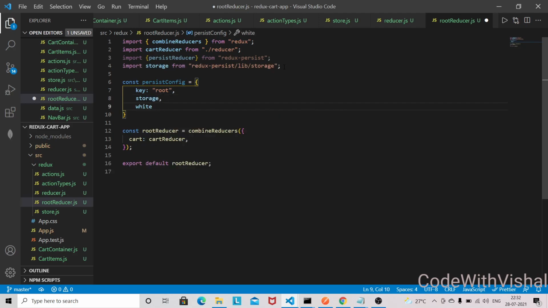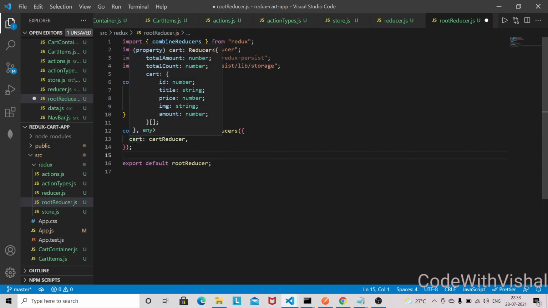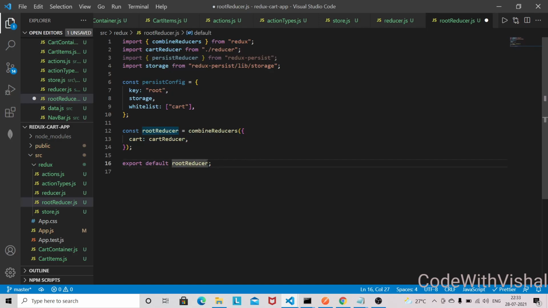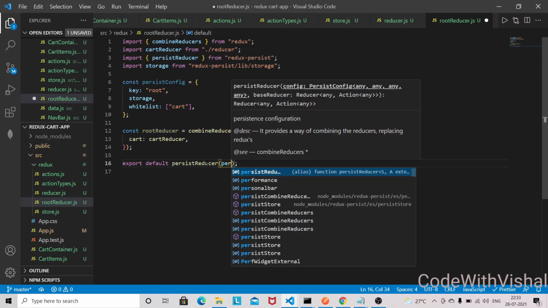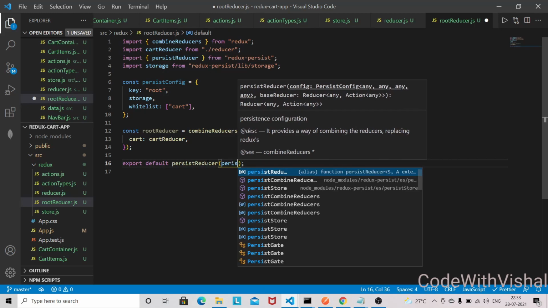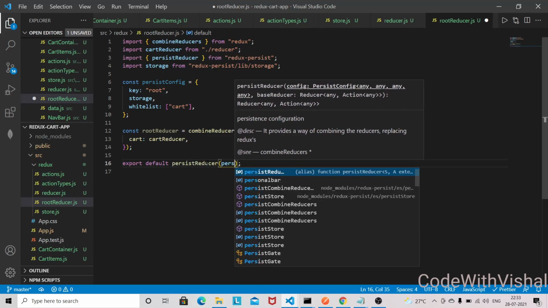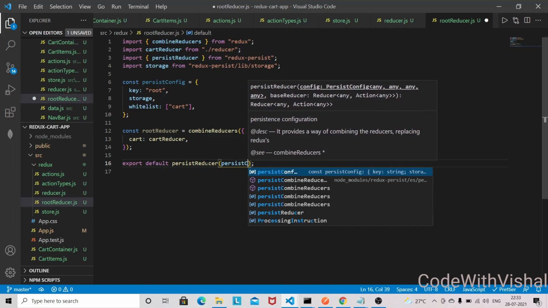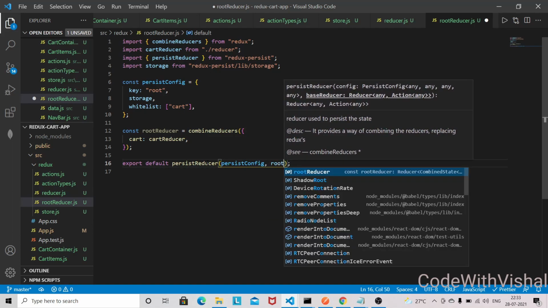and whitelist means basically which reducer we want to persist. So here we have only one reducer, that is the cart reducer. So we are going to give cart here because this is the key of this reducer. Okay, and we have to also modify this export. So persist reducer, and we need to pass this configuration. So persist config and root reducer,